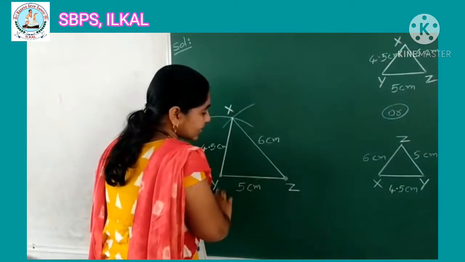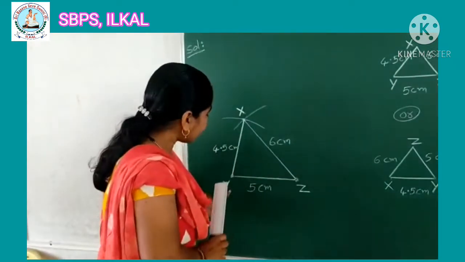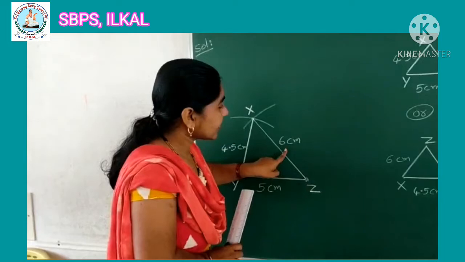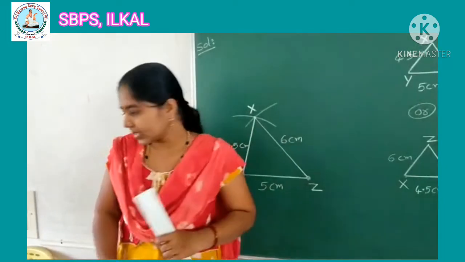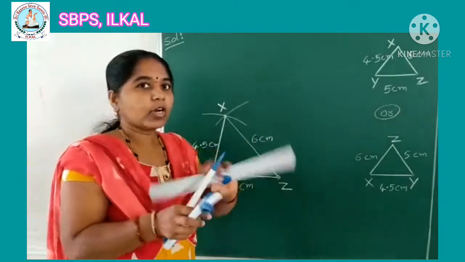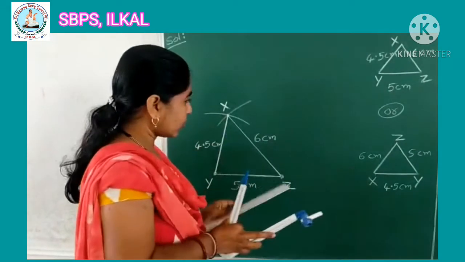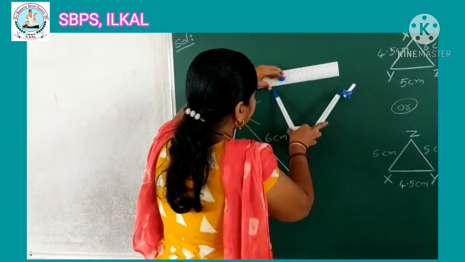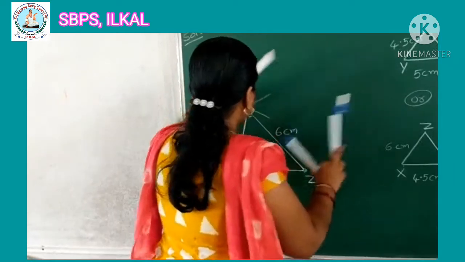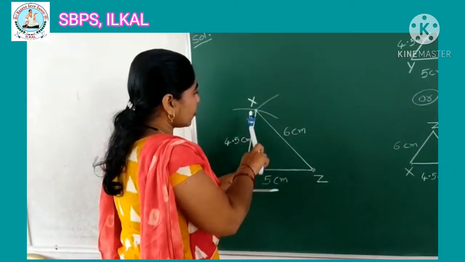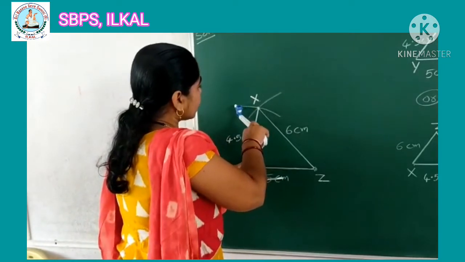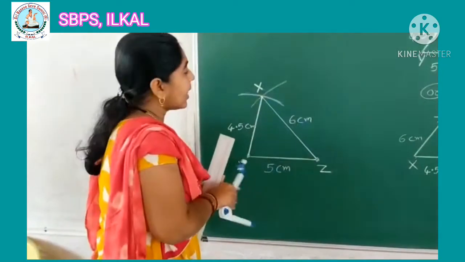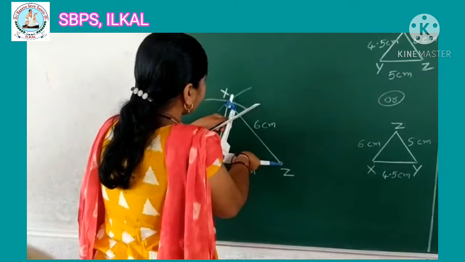After drawing line segment YZ equal to 5 cm, with Y as center we have to draw a 4.5 cm arc, and with Z as center we have to draw a 6 cm arc by using compass. Exactly you have to measure. Here for 4.5 I have to consider 9, is it? After measuring exactly 9 cm, okay, means you have considered exactly 4.5 cm. You should draw an arc, okay. You should draw an arc of exactly 4.5 cm and then you should go for the 6 cm arc, okay.